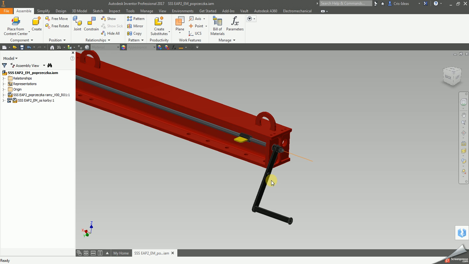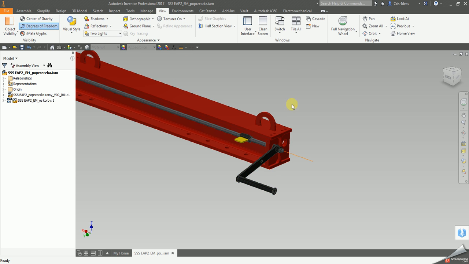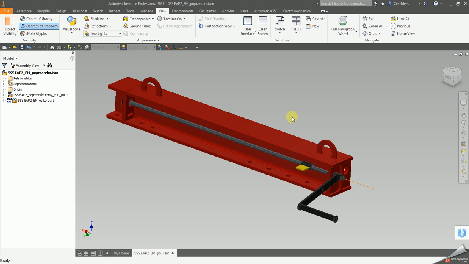I wrote in one of the previous posts that the problem is that the constraint solver gets a solution that is not following the defined constraints, and now I will present it to you. So this assembly now has 1 degree of freedom, so it is rotation of the handle and the axle assembly about this axis. So if we go to 3 degrees of freedom, we can now see the first problem, that the